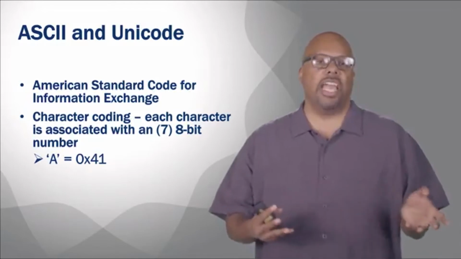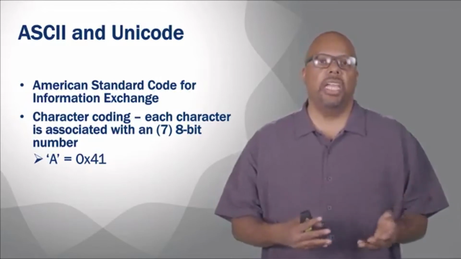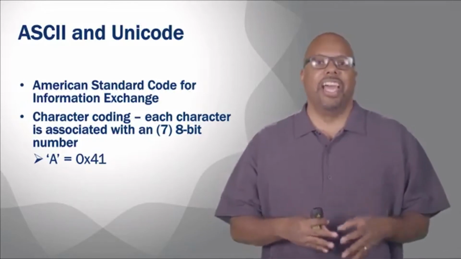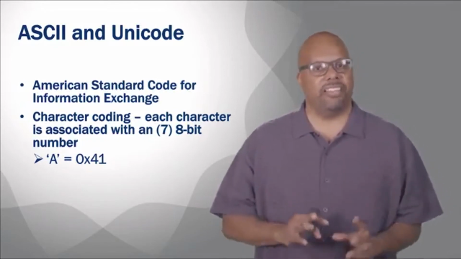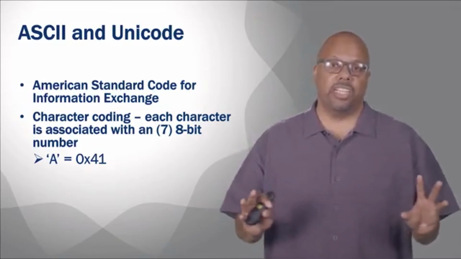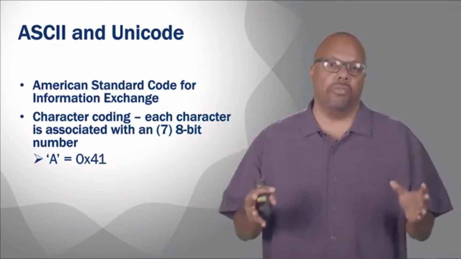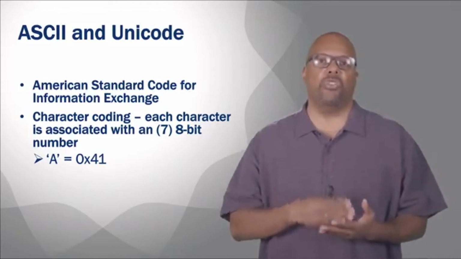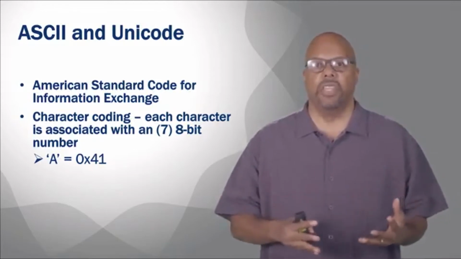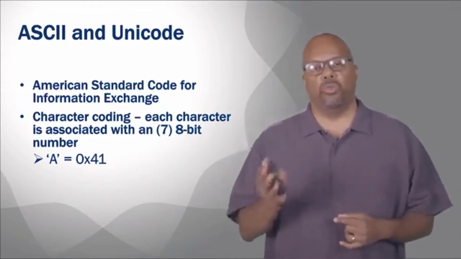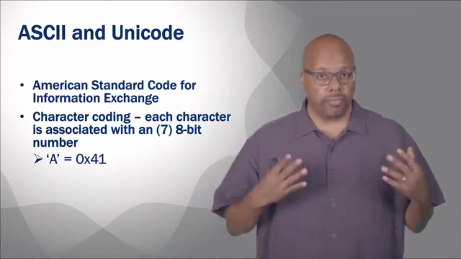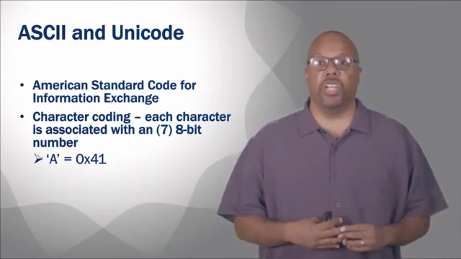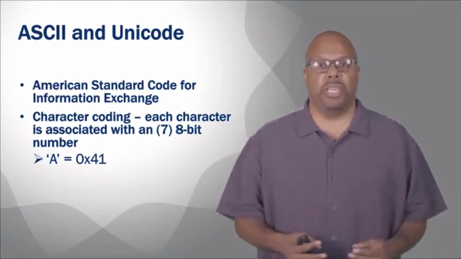So, for instance, a capital A in ASCII is the number 41 in hexadecimal. I just know that off the top of my head. It's a common code, but it's 41 in hexadecimal. So that's an 8-bit code. ASCII is an 8-bit long code, which means it can at maximum represent 256 possible characters. Really it does 128, because one of the bits is used for something else. So that's not a lot of characters. An 8-bit code is sufficient for English because there aren't that many letters in the alphabet.